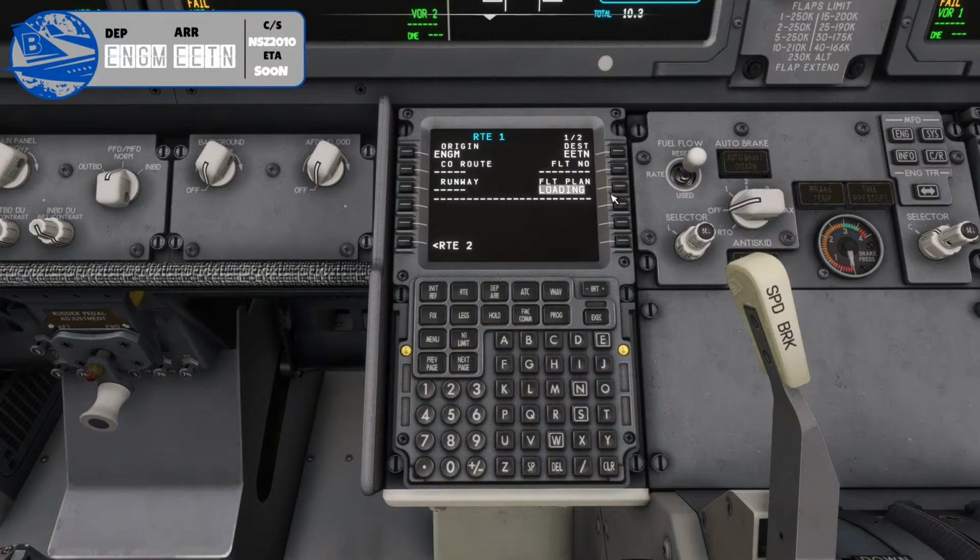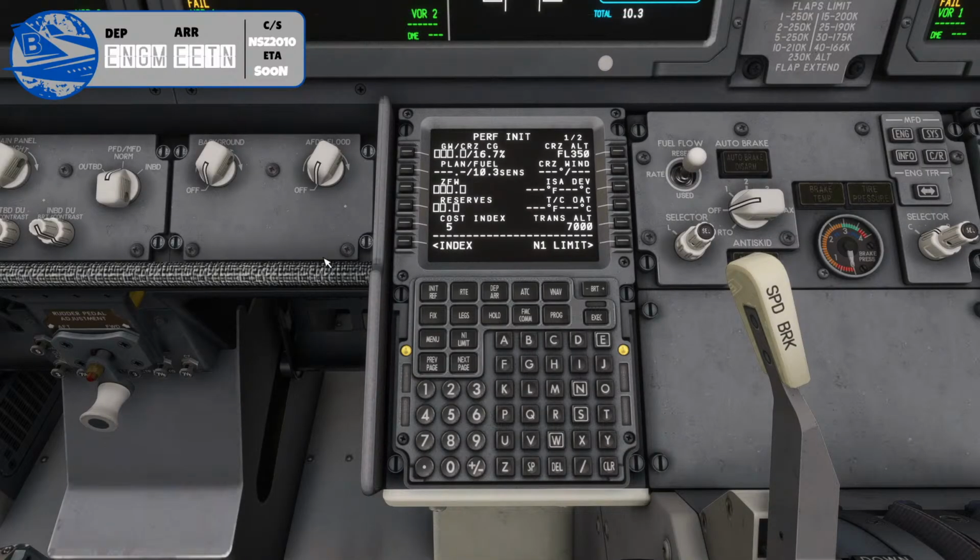There we go. We are ready to load. We can click load, just like so. And let's go ahead and activate our flight plan. Call sign, as I say, is going to be Norwegian 2010. Can go in there. Perf init page. Let's go ahead and